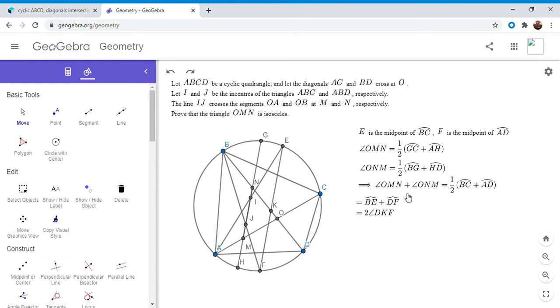Okay, so now it looks like we're getting somewhere, because we want to show that these two things are equal, OMN and ONM, but we've shown that their sum is twice DKF. So basically we want to show that each one individually is equal to DKF, and that would solve the problem. So we want to show that DKF is equal to ONM, but that's the same as showing that GH is parallel to EF, because those two angles are corresponding angles, ONM and OKF. Okay, so we want to show that EF is parallel to GH,